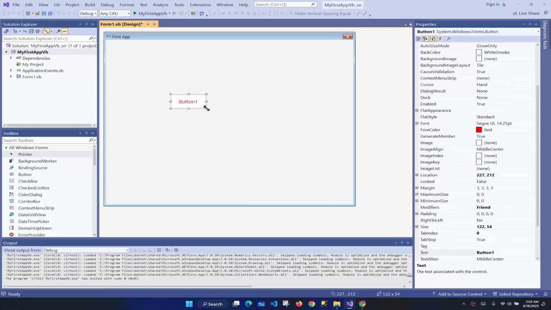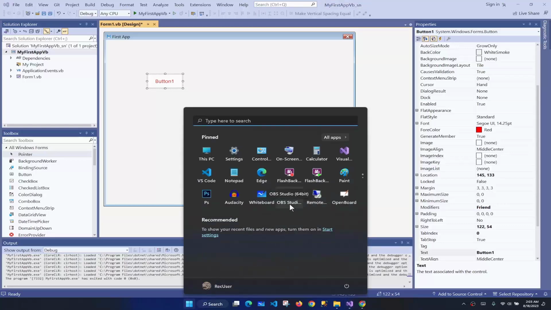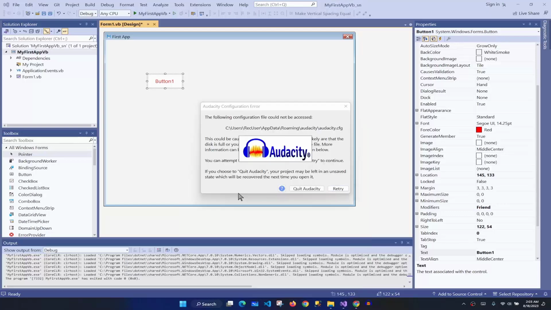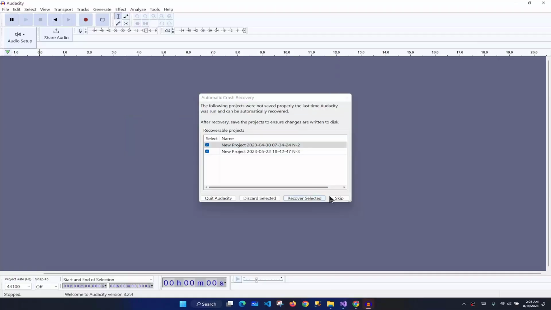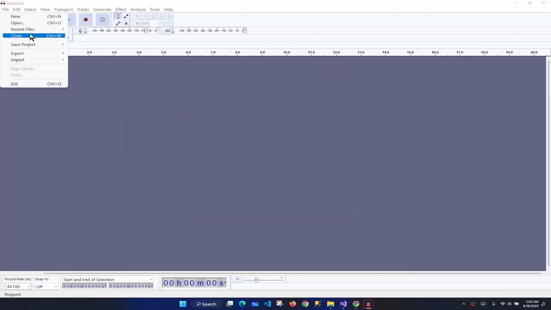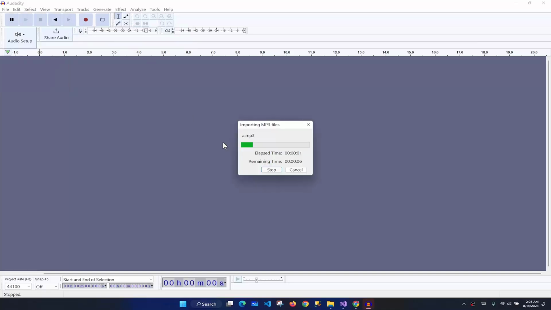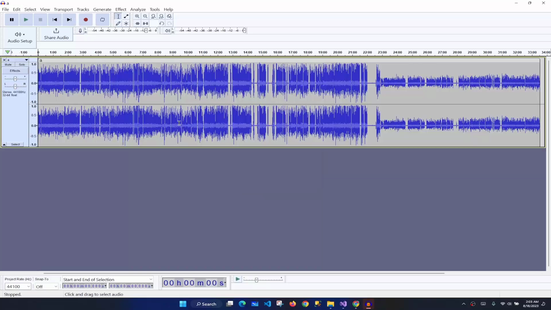You know what? The button is really the most famous control in the Windows form. So you can see it over here. Come over here and let's select this one easily and quickly. You know what? The Audacity application is free to use. And I don't want to talk about how you can create an application like this. I want to show the real world examples of the